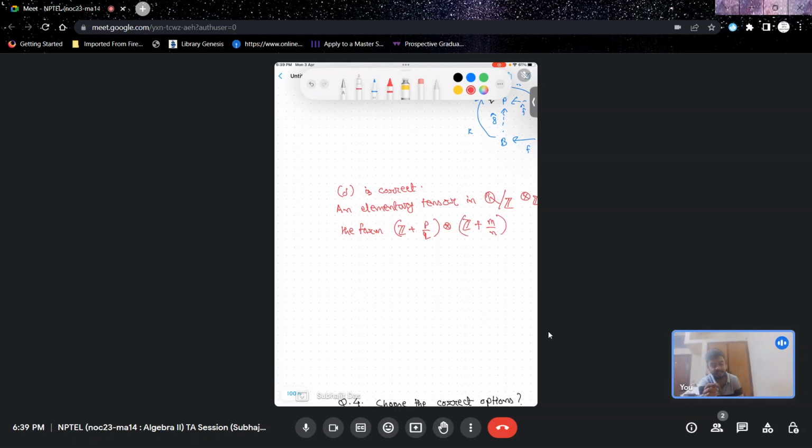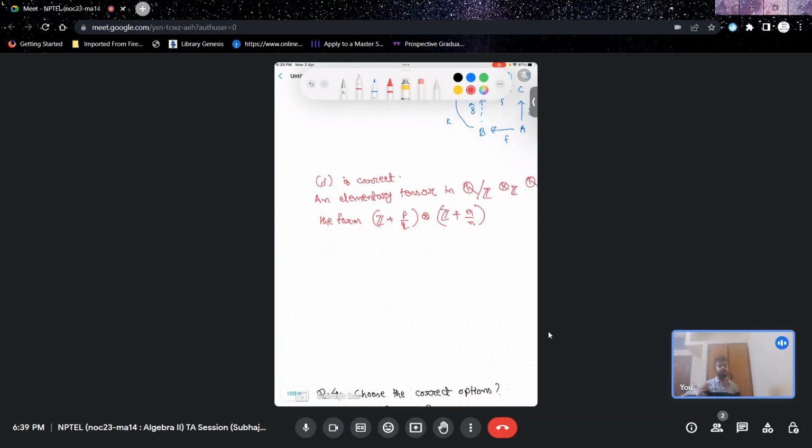But the interesting thing here is that since Q mod Z is divisible, and Q mod Z is again torsion, what you can do here is write this as n times z plus p over nq,